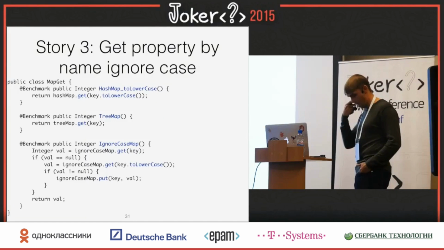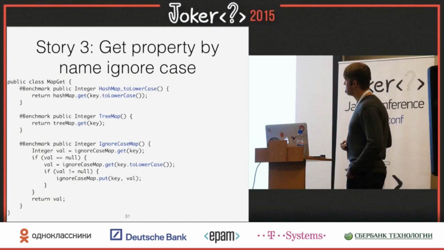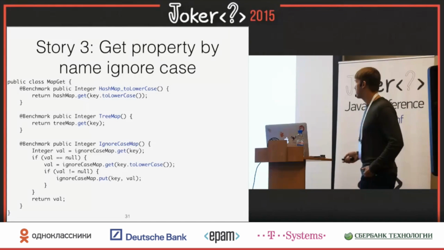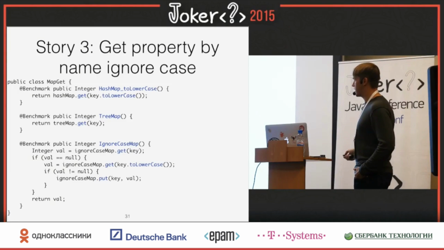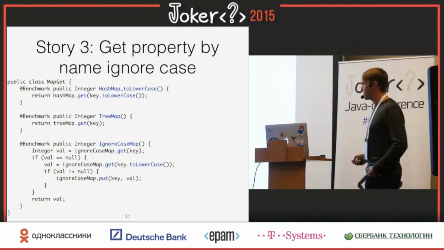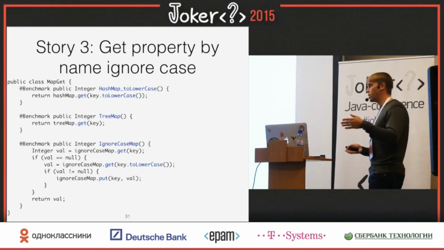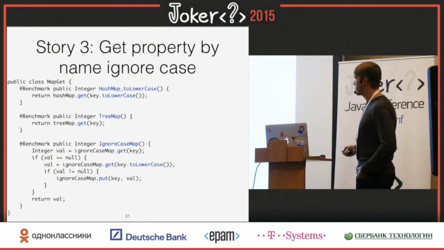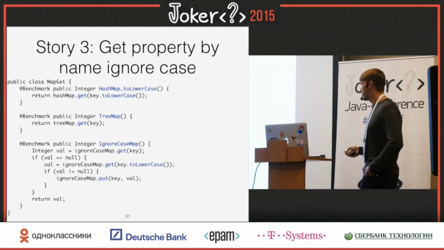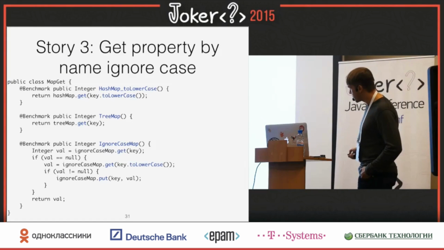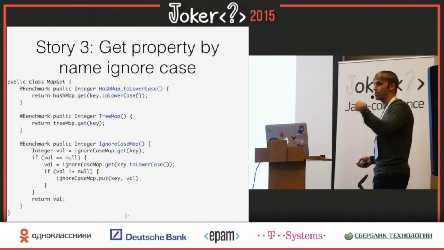So let's have a look. I have a bench here. So HashMap with key toLowerCase, TreeMap, and the clever bit. What we try to do here, the ignore case map is actually just a HashMap. First you try to look up by key. If you don't find it, you look up by lowercase of the key, and if you find it, you put it back into the map. So it doesn't work in the general case where you want to make sure that you have only one mapping from key to the value, but it works as sort of caches or internal dictionaries where you have control. In order for this to work, you have to make sure that when you put, you also put a key and a lowercase. So you put two mappings simultaneously into the map.